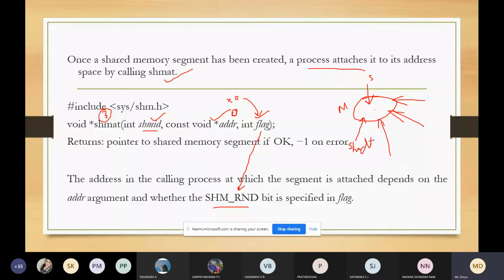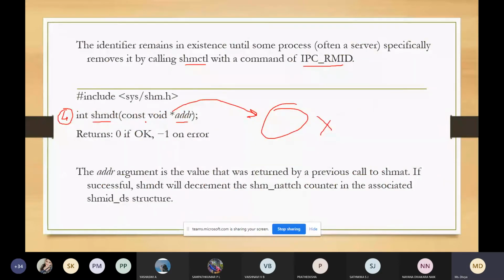DT stands for detach. Detach means removing the pointer. Once you execute this function, this pointer will be removed, so this client process will no longer be pointing to the shared memory. Those are all 4 functions.